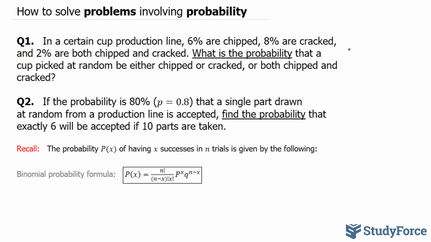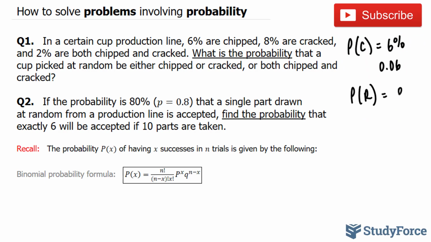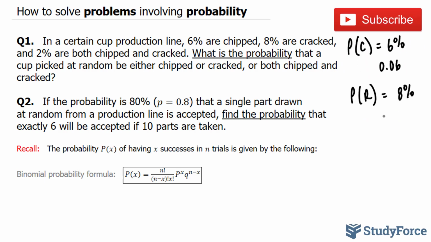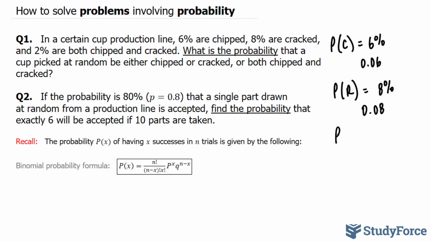We know that the probability of a cup being chipped is 6%, which translates to 0.06 as a decimal. The probability of being cracked, which I'll denote as PR, is 8%, and that is written as 0.08. And the probability that you select a cup where it's both chipped and cracked, a total write-off, we'll write down the probability of C and R is equal to 2%,